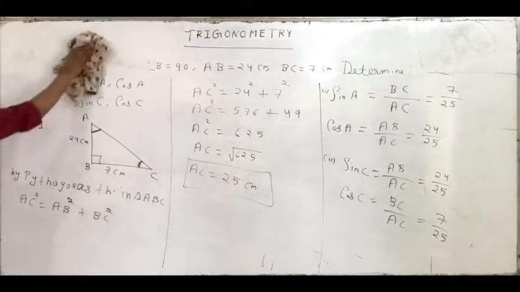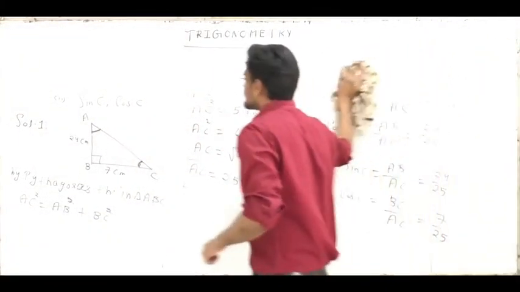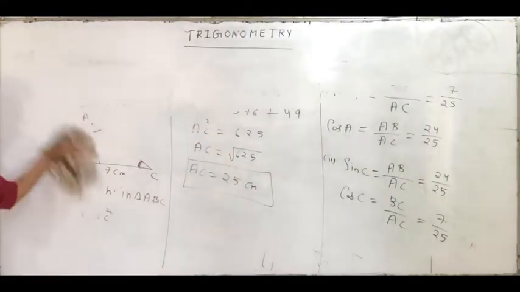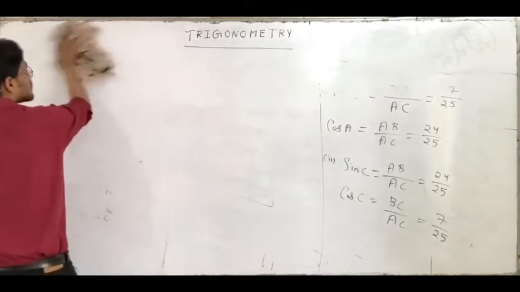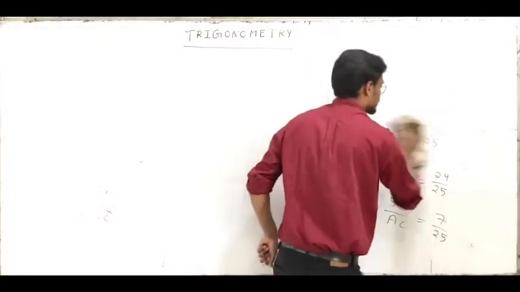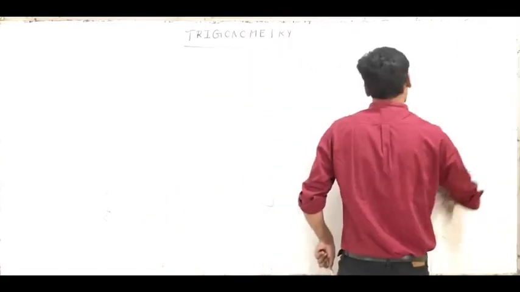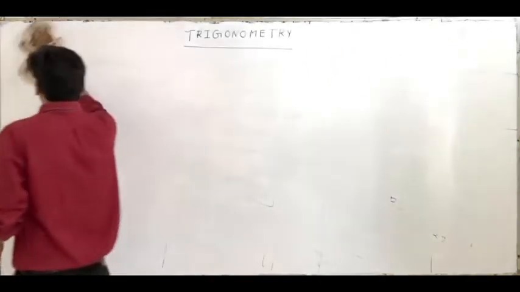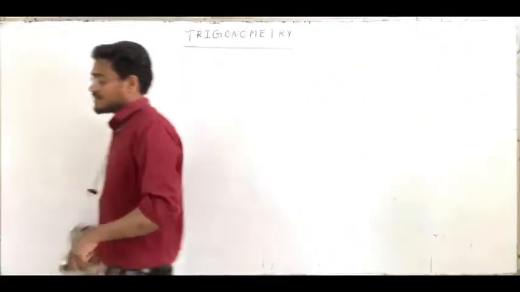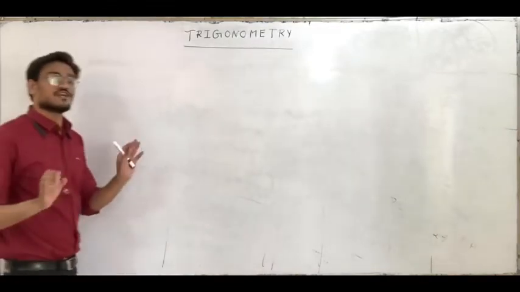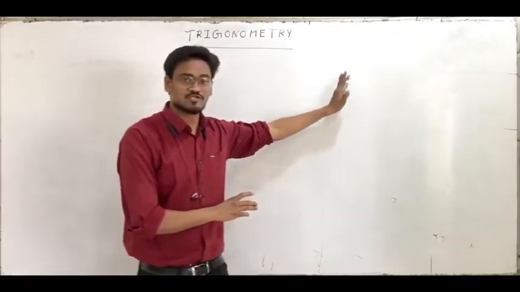Now we will take question number second. In today's class, we will be focusing on numericals only, numericals based on finding trigonometric ratios. If you go through NCERT, it will help you to solve 8.1 completely. After this class, you can solve 8.1 easily. I will be taking some questions of 8.1 here also.